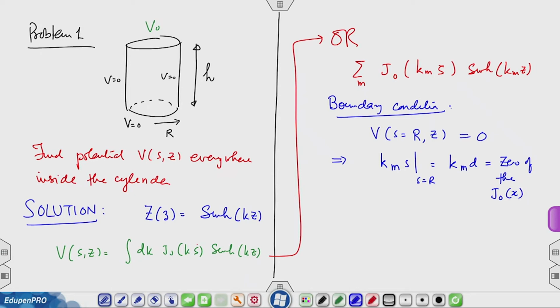So, I am going to have therefore k m equals x m over r,